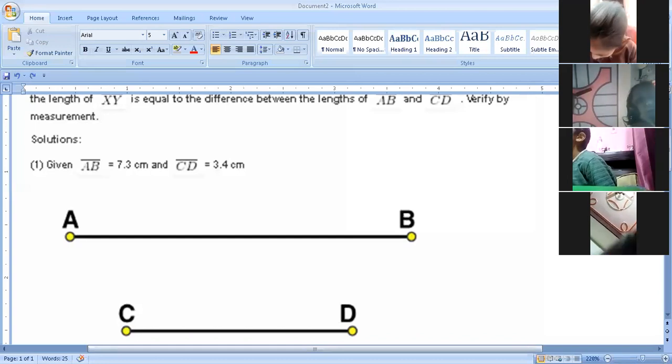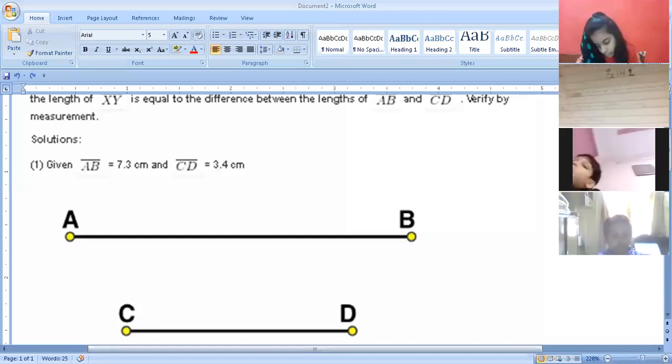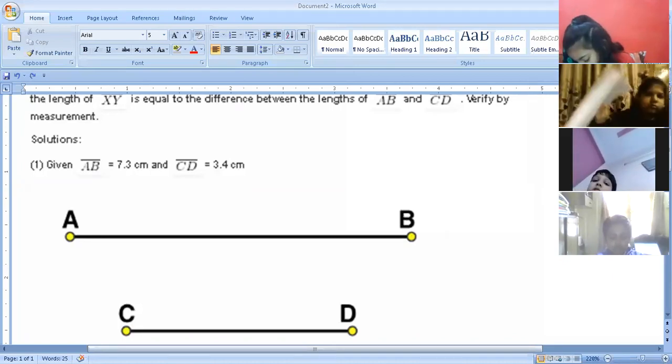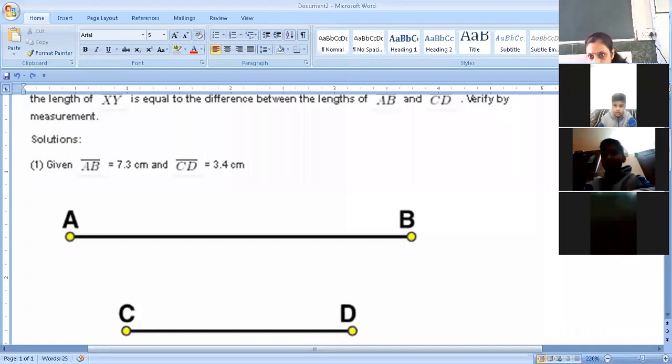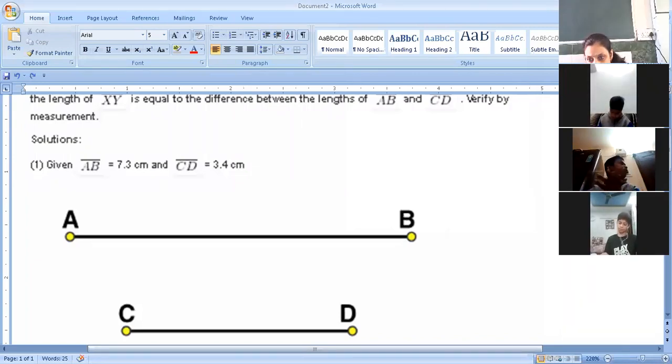Joel, start drawing it. Yes, right, Charvi. Absolutely correct. Yes, Jen, adjust your camera, beta. Have you drawn the line, Sunny?